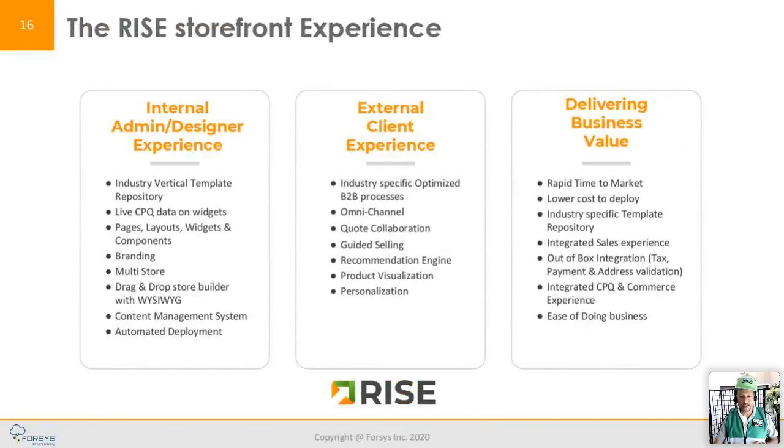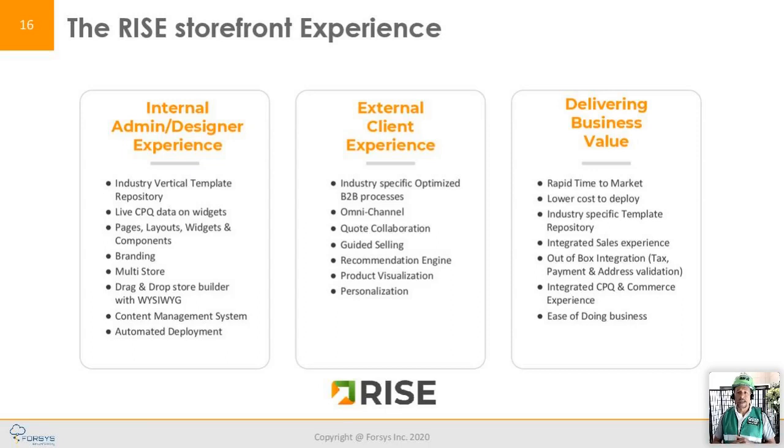Okay, now let's talk a little bit more about the underlying, pardon me a second, let me move to the next slide, so jumping ahead. So how do we do that? We actually have a product called Rise Storefront. We have broken it up with three major tenets in place. And the three verticals that you see here represent, on the far right-hand side, the business value to our customers, and they are seeing these values based on our design and our go-to-market strategy to support the external client experience.